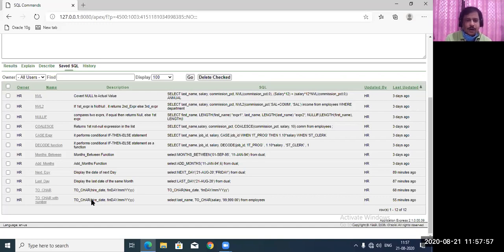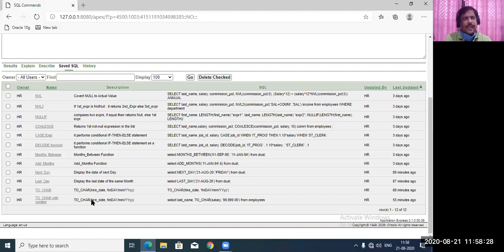Now imagine we have the number 1, 2, 3. We need not convert it into a character, right? If you forcibly, implicitly or explicitly want to convert it, the internal server will convert it, but there is no need to convert numbers into characters.